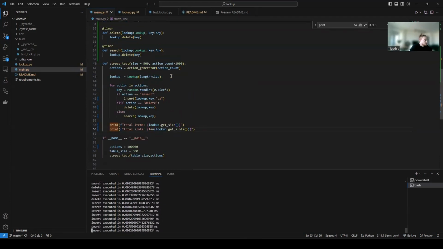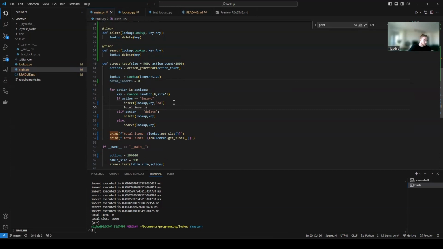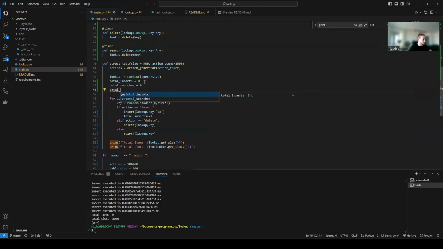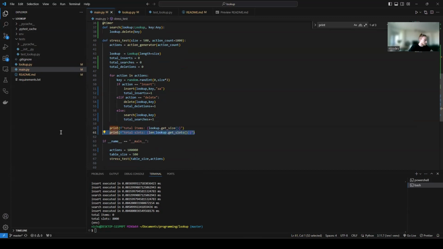I could even have some interesting metrics like total inserts, and then I can have total searches, deletions, and then I can have this, right? Searches. And then let me